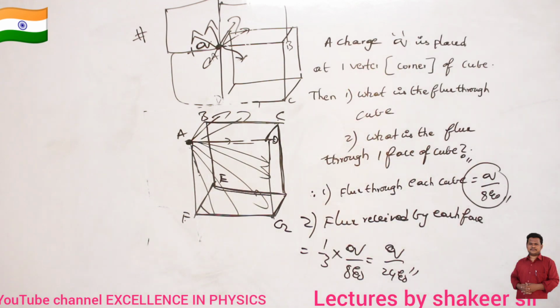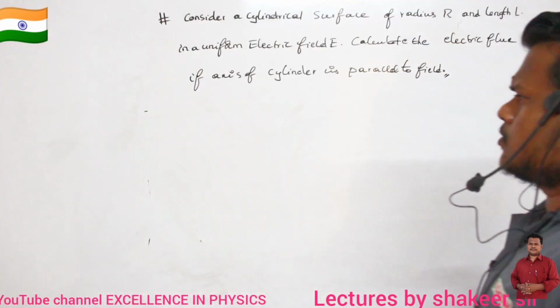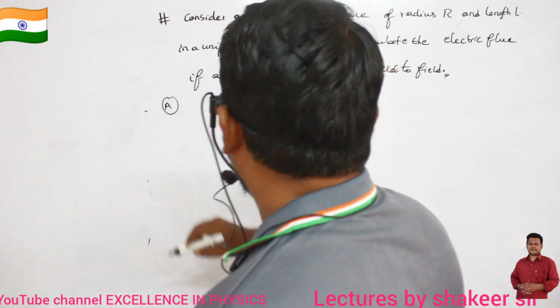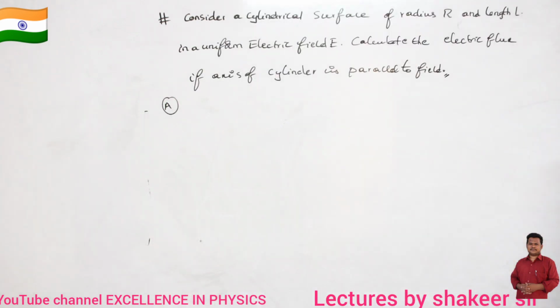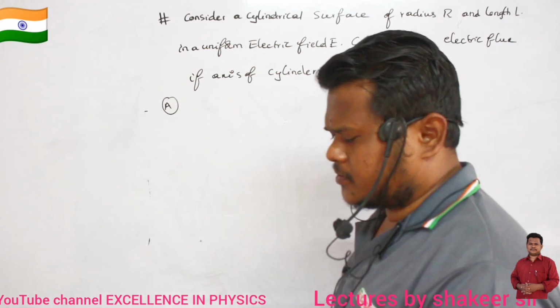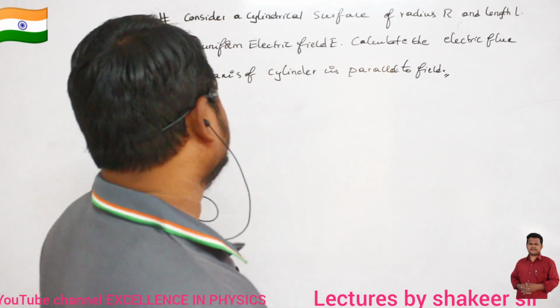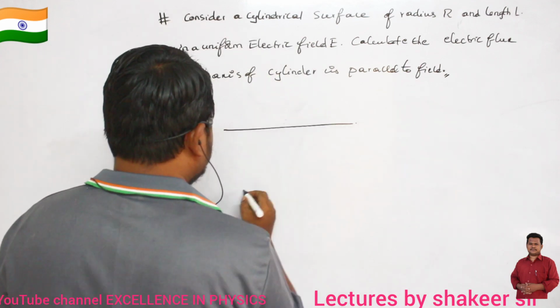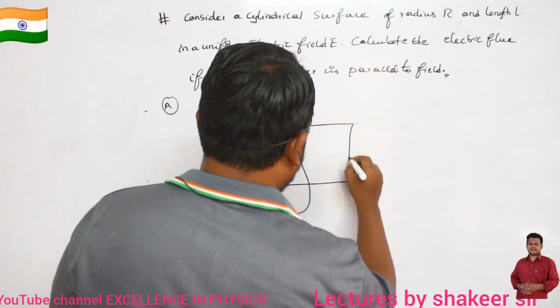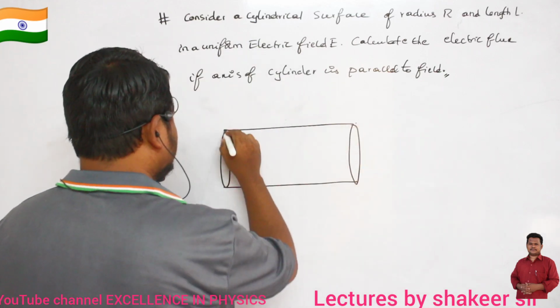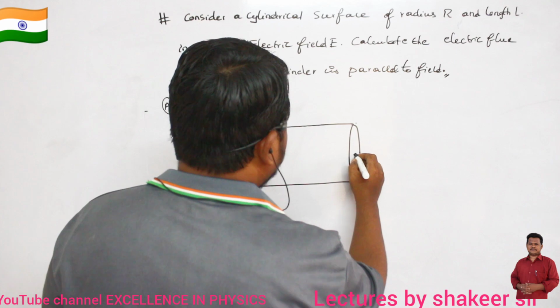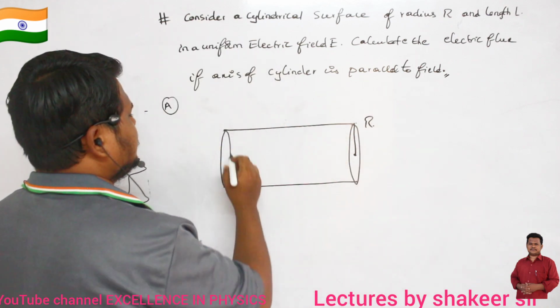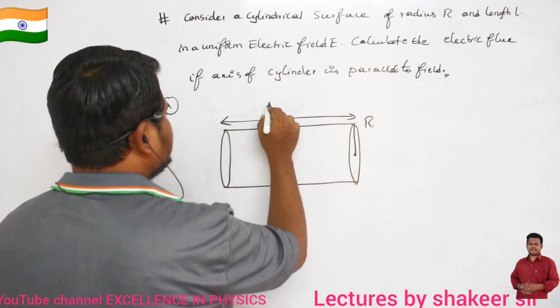Okay. So, here 3-dimensional. So, we are considering a cylindrical surface of radius r and length L, which is present in uniform electric field. So, then what is the direction of this cylinder and this field? Axis of cylinder is parallel to the direction of electric field. What is the meaning of this one? For example, if I take this cylinder, here this is called a cylinder, no? Clear? So, what is the radius of this cylinder? Radius of the cylinder is r. Clear? And what is the length of the cylinder? Length of the cylinder is L.